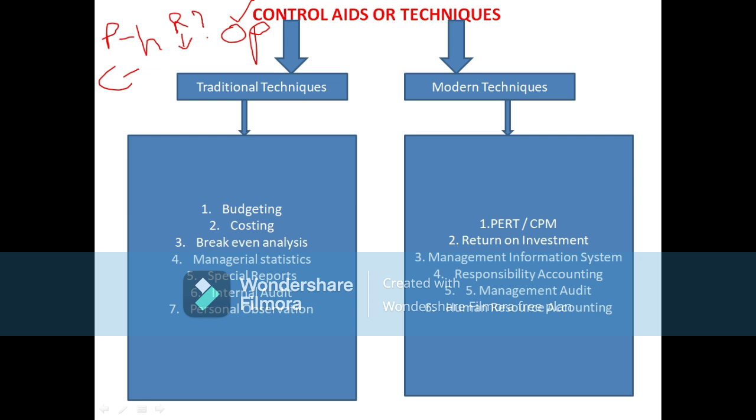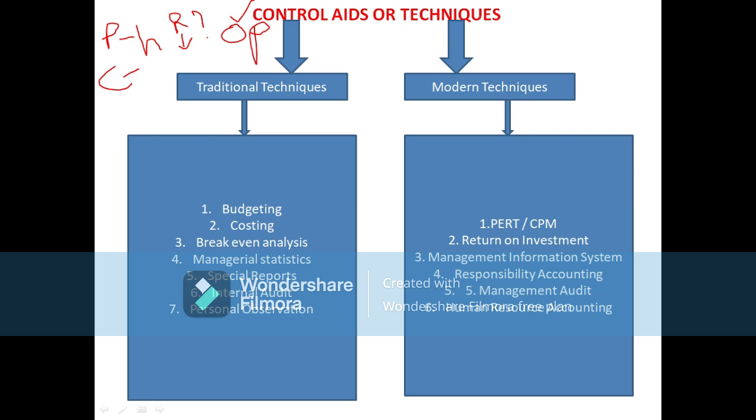It measures and evaluates performance and records the deviations, if at all there are any deviations between the standard performance and actual performance. So what to do? The controlling part suggests remedial actions to correct those deviations. The basic task of control is measurement of actual performance and its comparison with predetermined or planned performance.